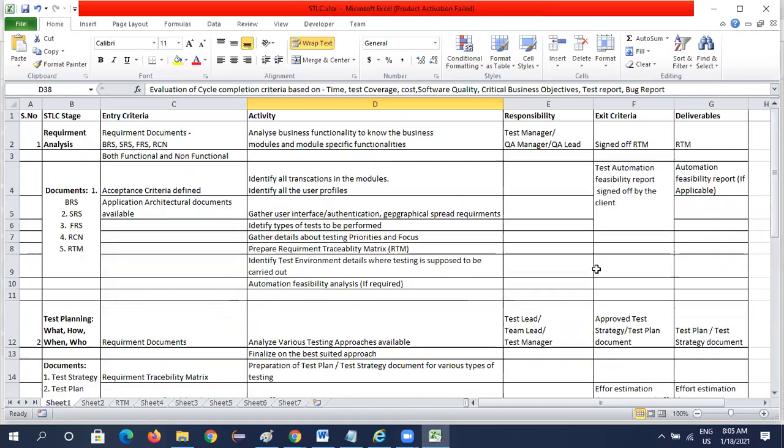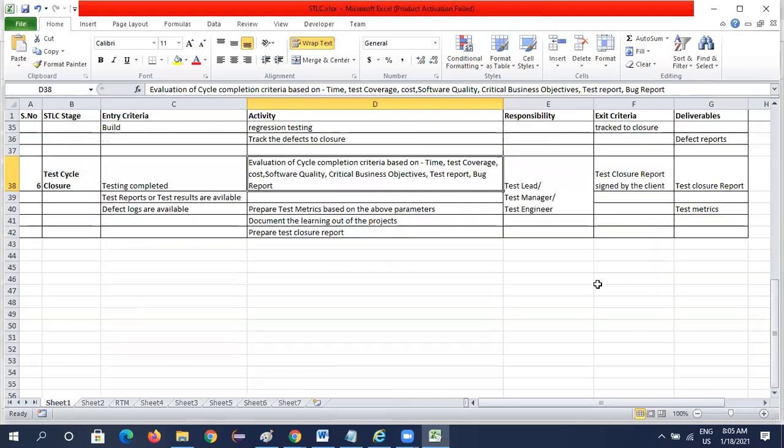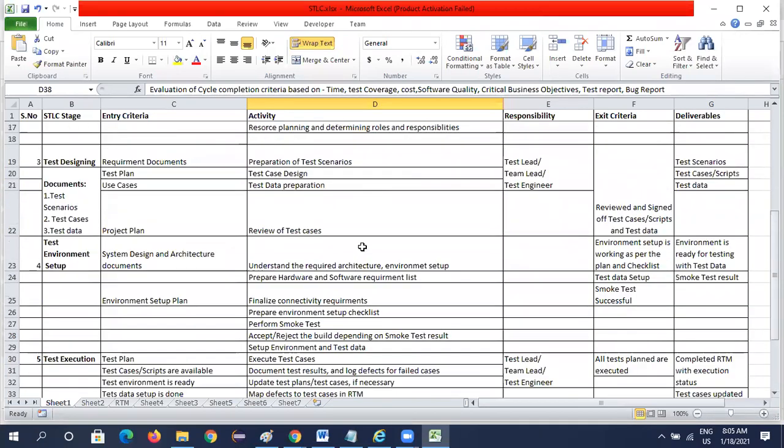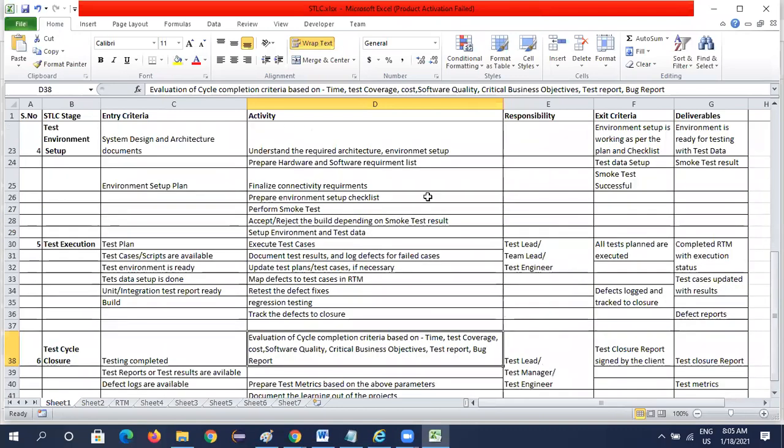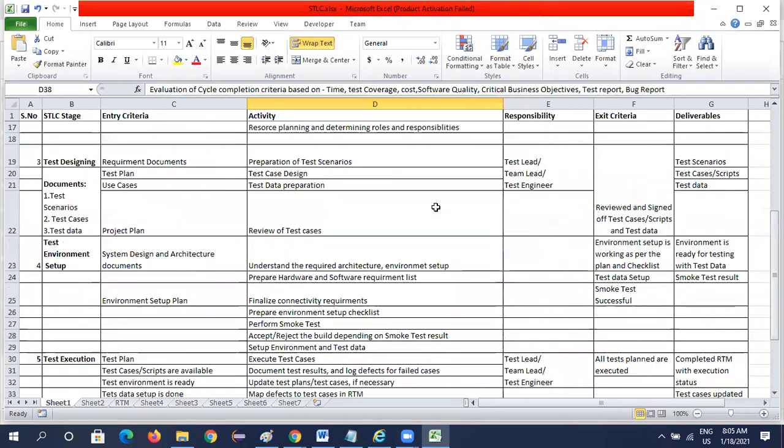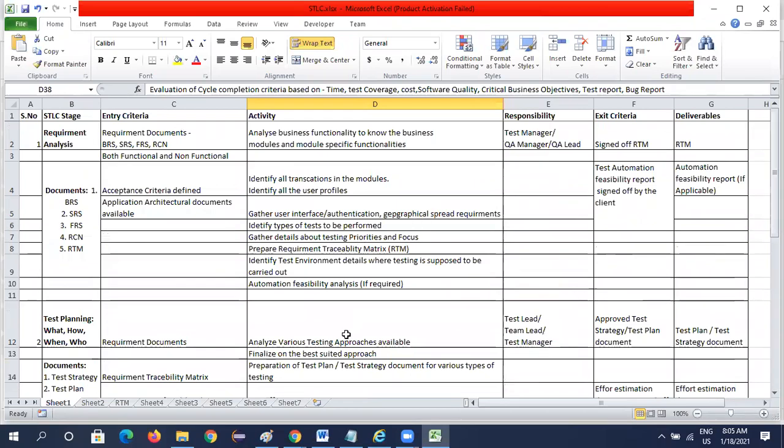So, clear till here, guys? Yes. Good. This is the more important part: test cycle, requirement analysis, test environment, and all these things. Go through all of this. Next one.